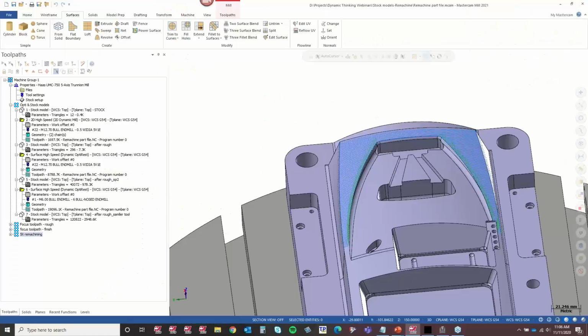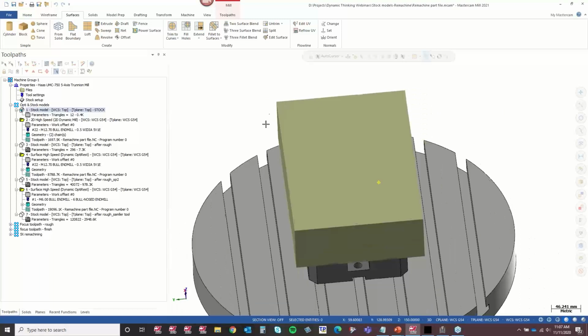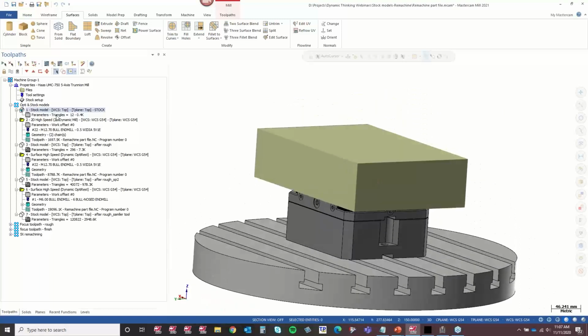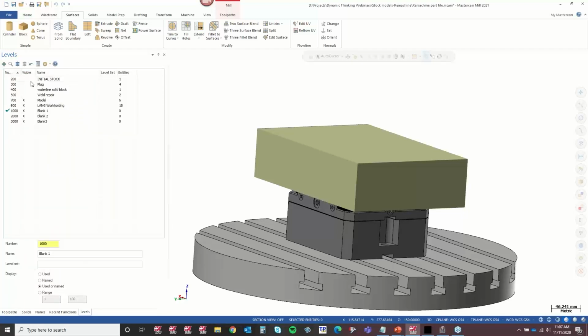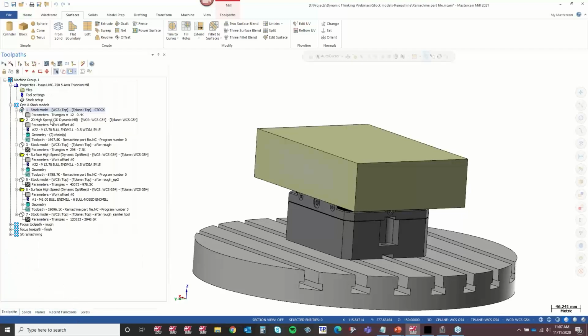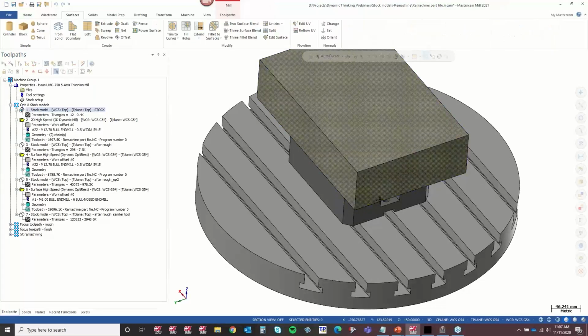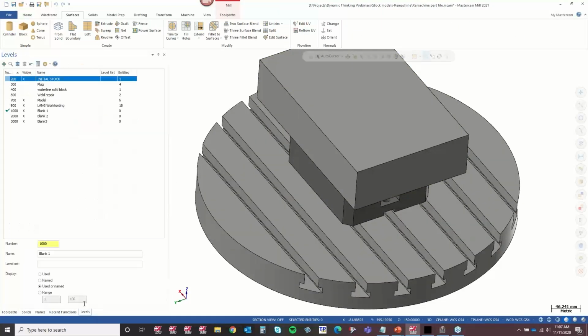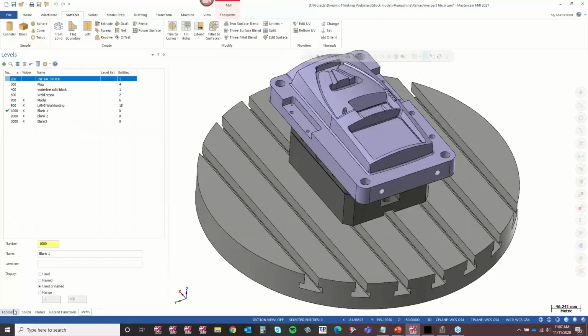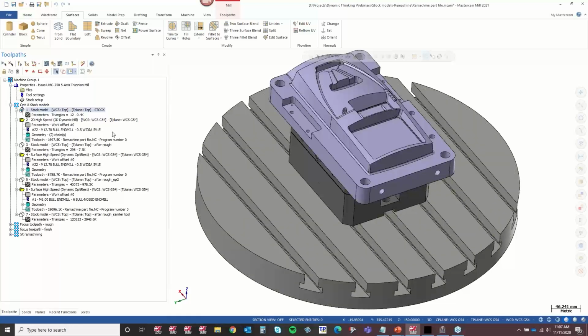So let's jump into Mastercam and talk about the typical use of stock models. I know I said using stock models as initial stock, and this is something I do all the time. I'll create a stock model right off the bat, and it's on a level. So if I shut this stock model off, I have this as a selectable solid model in my Mastercam file. But I really prefer to create a stock model based off of that model.